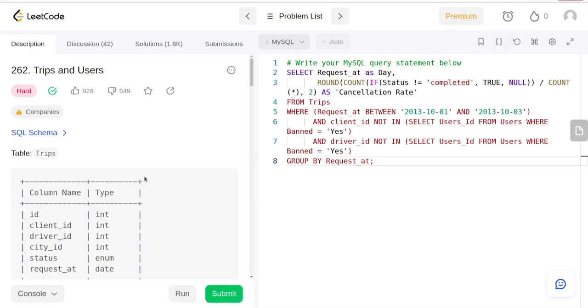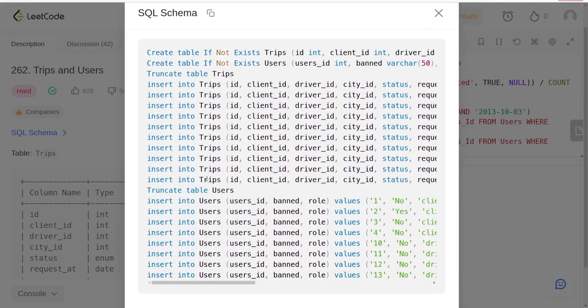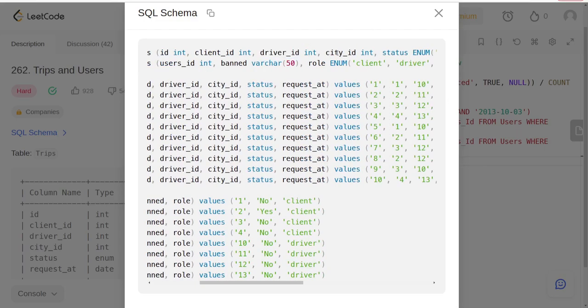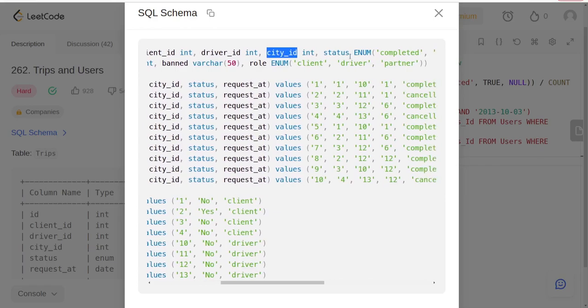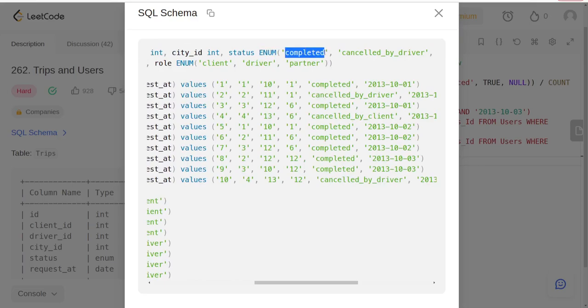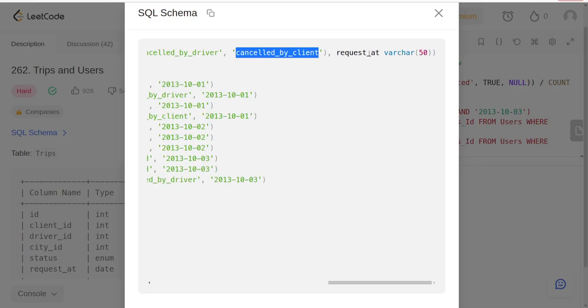In this video, we're going to be covering another SQL question. This is question number 262, Trips and Users. We've got a schema which has two tables. One is the trips. Trips has the ID of the trip, ID of the client, ID of the driver, city ID, and there is a status which is an enum. It could be completed, cancelled by driver, cancelled by client, and then request at,